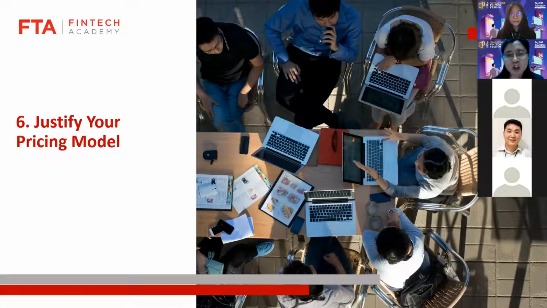Sometimes pricing models are not just straight up one-off purchases. You might be better off having a recurring subscription, a freemium to premium model, or various kinds of membership priced packages. So when it comes to pricing models, it's very, very diverse, and you have to find the right one that suits your product and can actually keep your revenue growing. This is where you would convince your investors that people are willing to pay for the solution that you have shared.